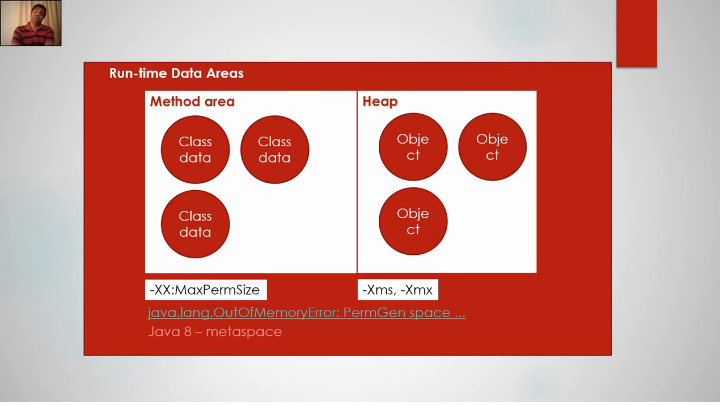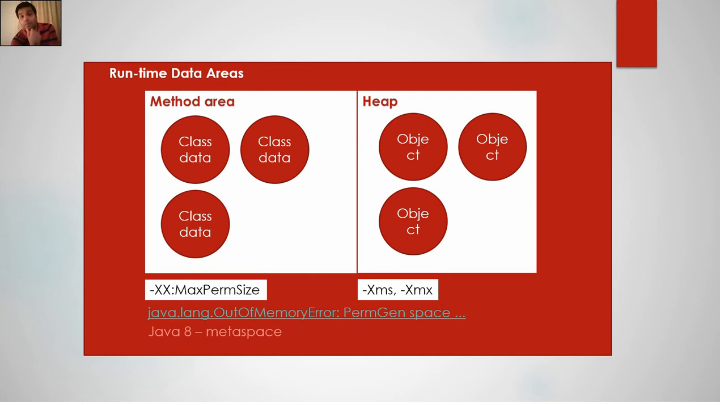So the heap is the place where object data is stored. So every time you instantiate an object, suppose you call something like myApp = new MyApp, that object is created in the heap. So anything to do with objects is created in the heap. So all the instance variables, arrays, everything is created in the heap, since arrays are objects. So